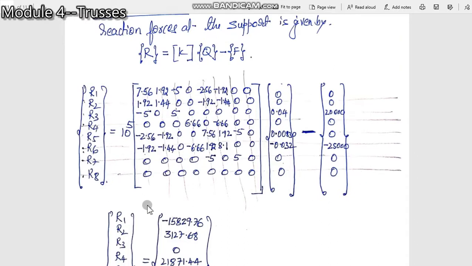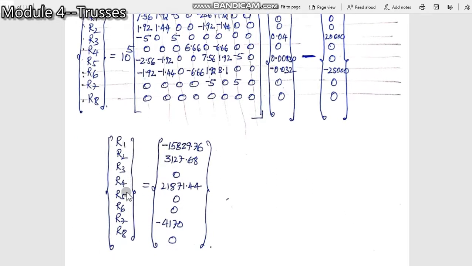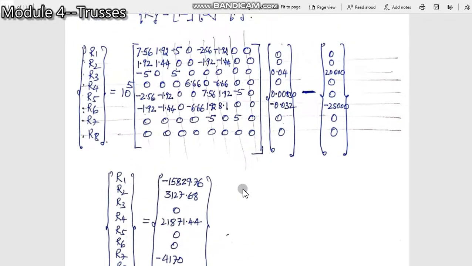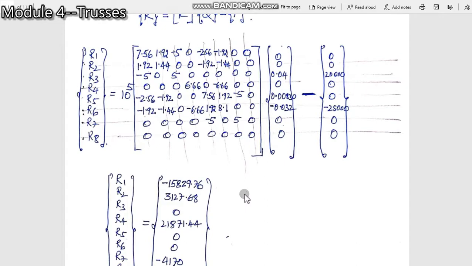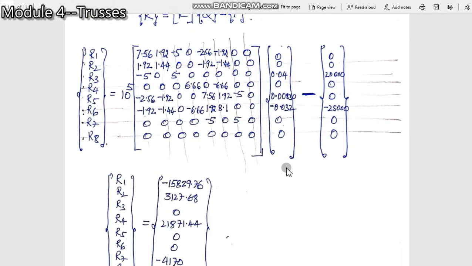This is the matrix as we got, and you can solve them. Finally you get these values, R1 to R8, sorry, these are the values that you get. The only point here is that you have to be good in hand calculation while doing such a big matrix problem. You have to be very precise, fast, and there should not be any silly mistakes when you do the problem. If you make a mistake initially, then the whole thing will go wrong. So be careful.